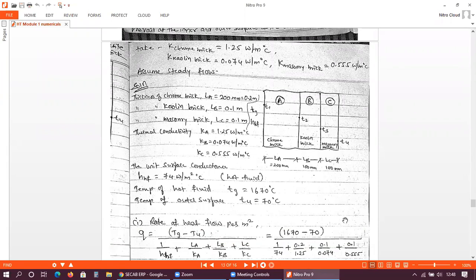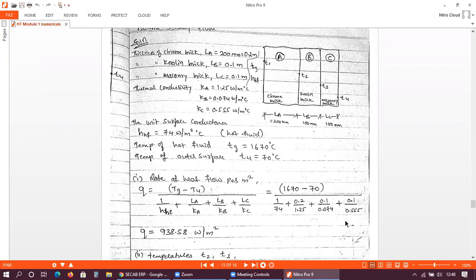So the rate of heat transfer is given by... First we will calculate it depending upon the given temperature, because Tg is known as well as T4 is known. So first I will calculate the rate of heat transfer by considering the entire system. For the entire system, the rate of heat transfer Q is equal to